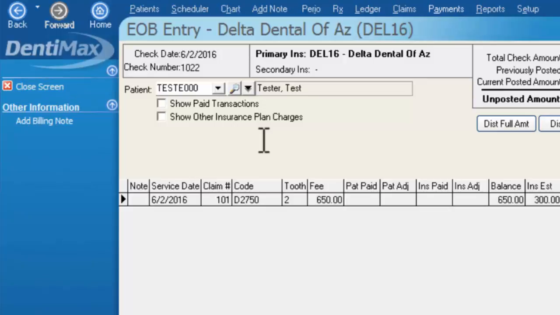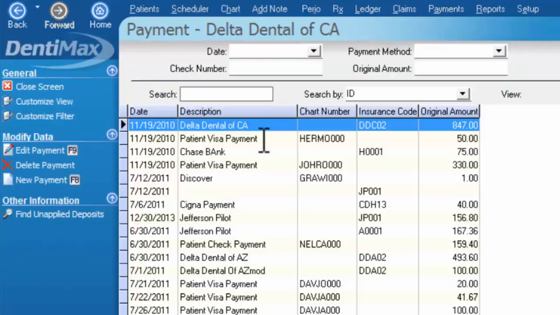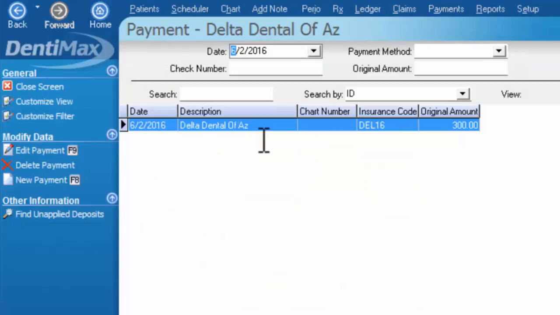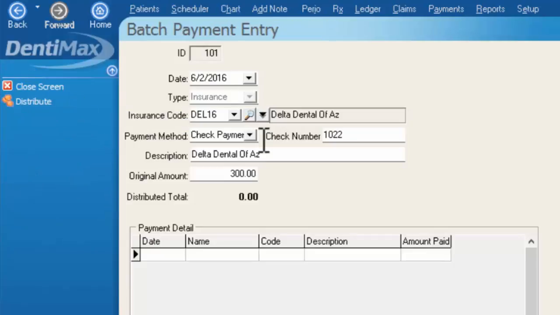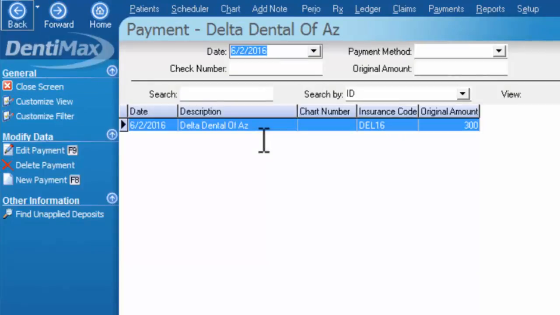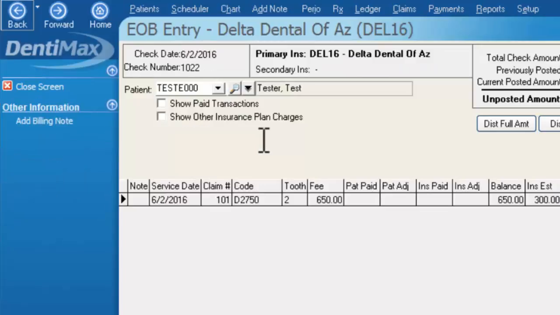You can go to the payment screen, find the payment in here under today's date, and then edit that payment and continue distributing that payment. Please don't repost it or you will have multiple checks in there with the same check number, basically creating unapplied deposits. So once I hit Distribute, it takes me to my EOB entry screen,